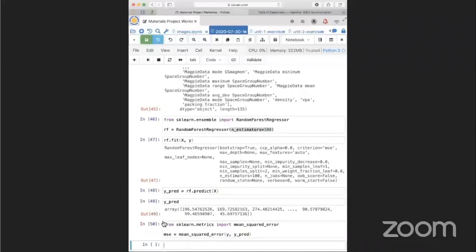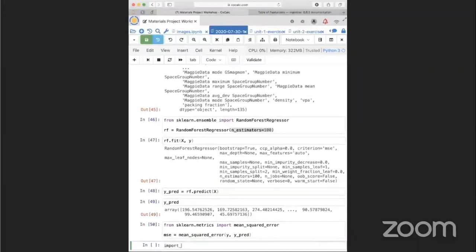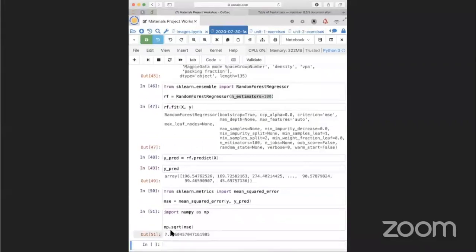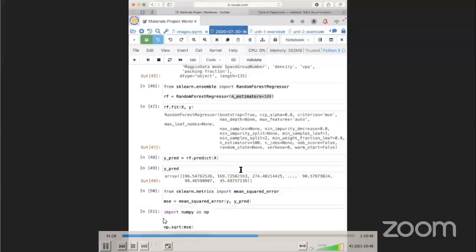And we can then take the square root of this mean squared error. To do that, I'm going to import NumPy, and I'm going to call it np. This is just a shortcut. So now NumPy is aliased as np. And I'm going to type np.sqrt of this MSE variable here. So you can see we've got a root mean squared error of our model of 7.2, which looks very reasonable. But there's an issue here, and I think anybody who has done any machine learning before